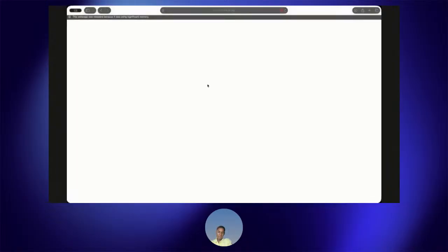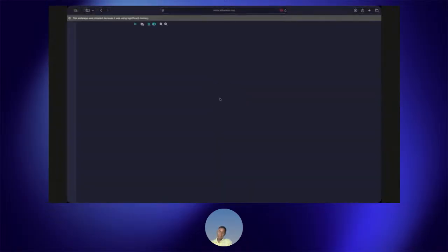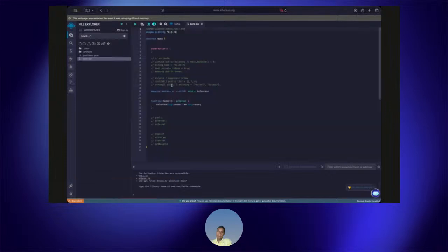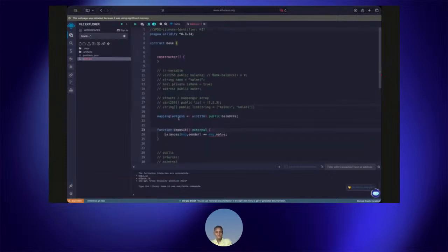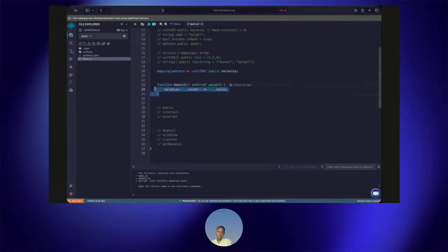Now we are going to take a look at other things that I haven't talked about yet, which is that a function can be declared as payable, which allows people to pay. When calling this, they have to pay to this function. So whatever the amount is, we are going to get it inside the message.value.